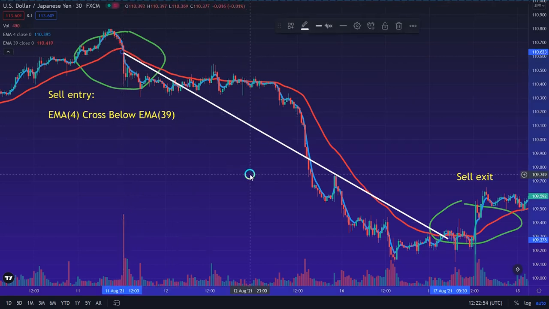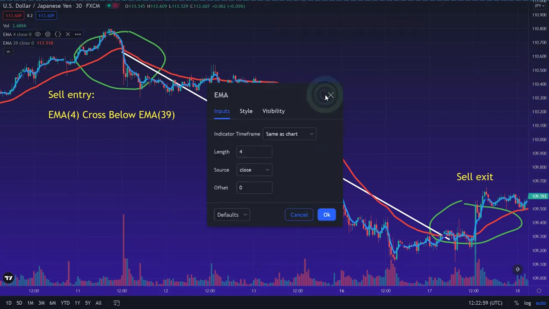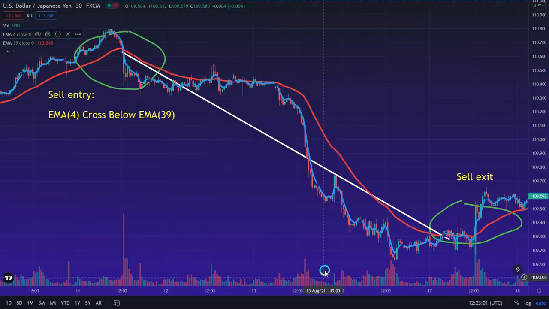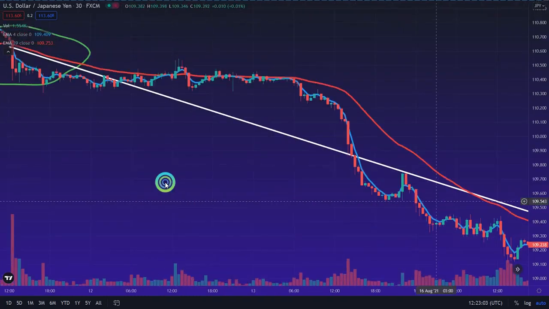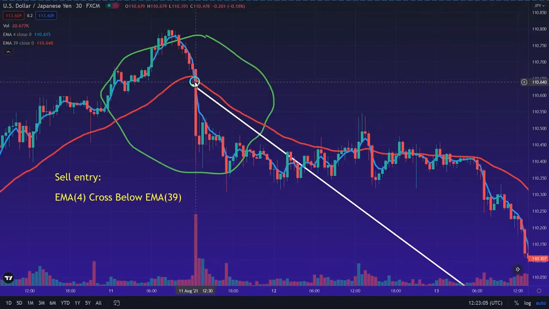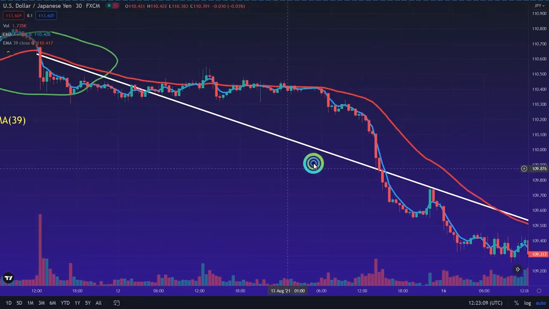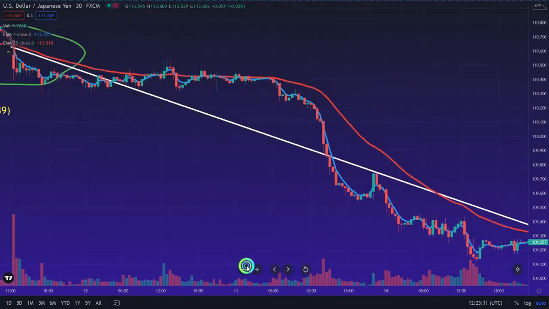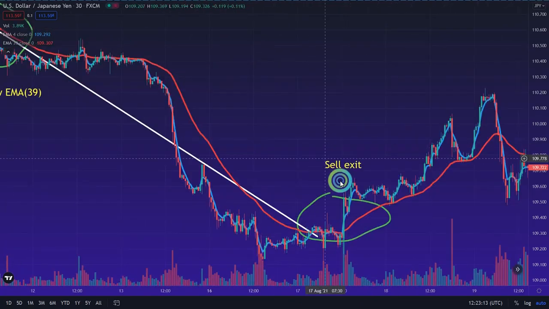Now, as you see, I already put the right numbers here, and it was a perfect entry for us here. Basically we took this trade and we waited and waited and waited. Of course we have a sell exit, and actually